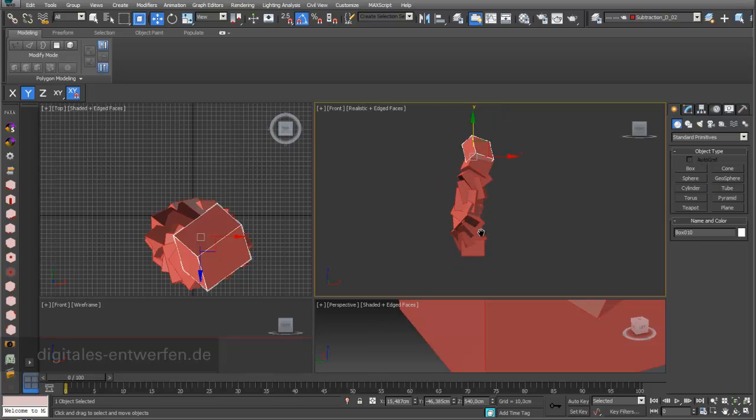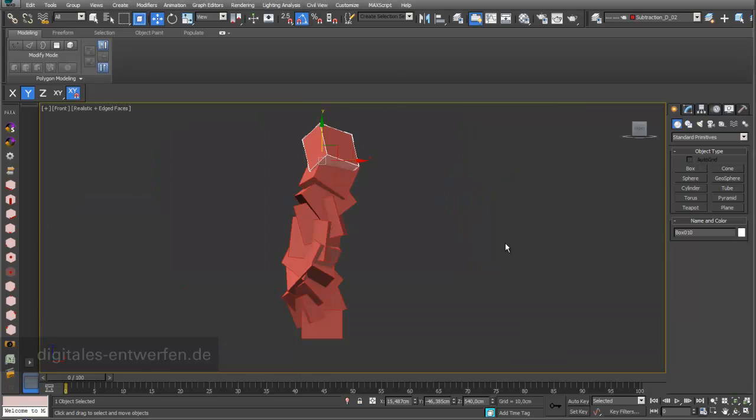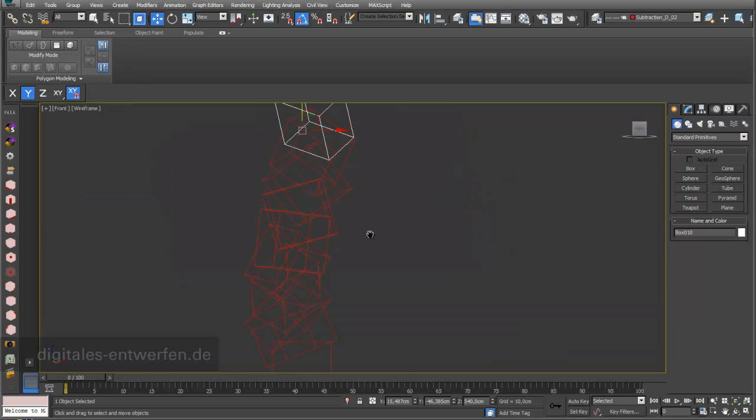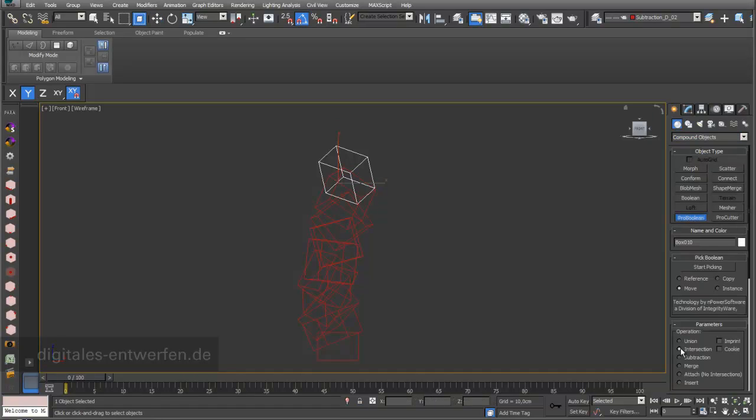design, and what I want, if I look at this in my wireframe mode, obviously it's clear that they intersect in a way, but I just want to subtract only the intersections, so it's one object, for example, like a building, like a spiral, or whatever kind of building this is. So what I can do right now is I just go again into standard primitives, into compound objects, Boolean, and then I choose union, and I just go to start picking. I pick this one, this,